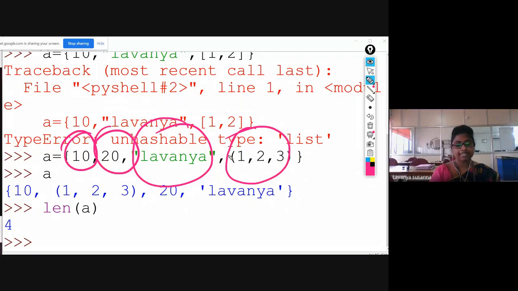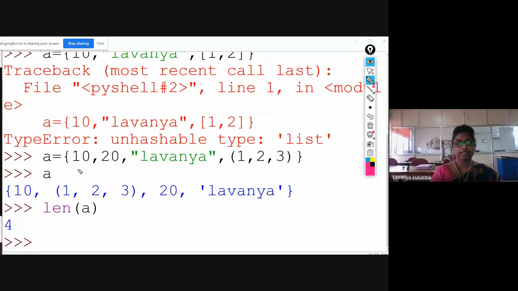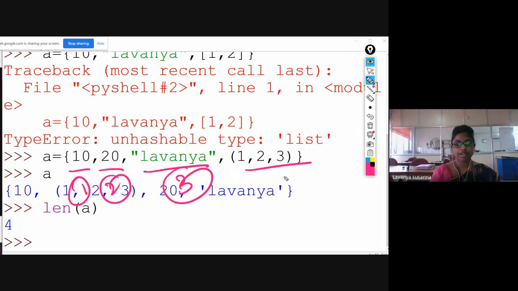It takes the whole tuple as one element. So you got a length of 4, meaning 4 elements: 1, 2, 3, 4. How do you find the length of a set? The len function.